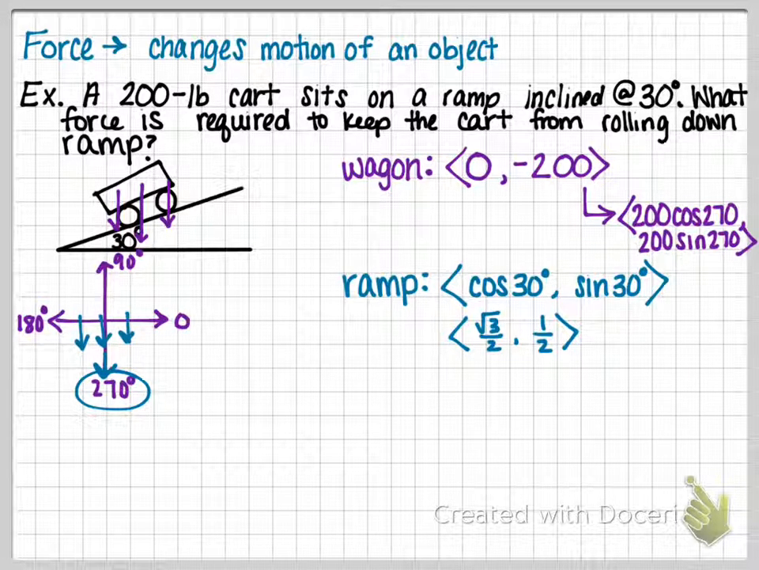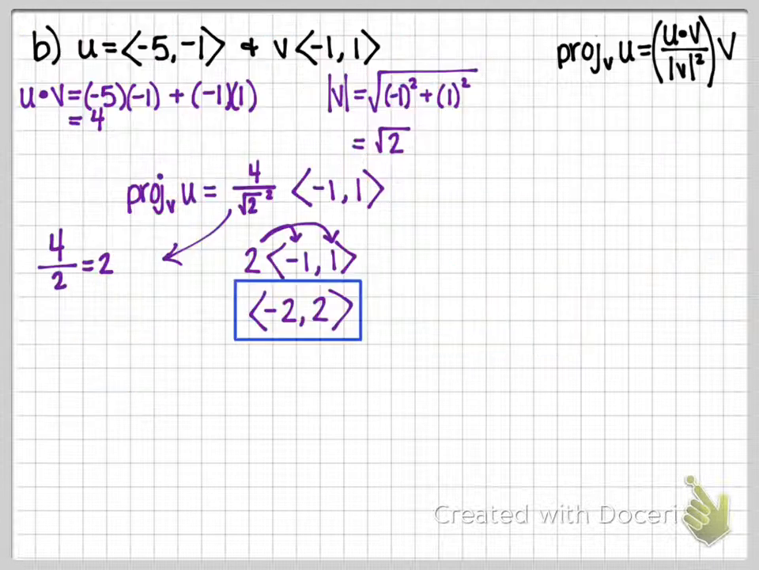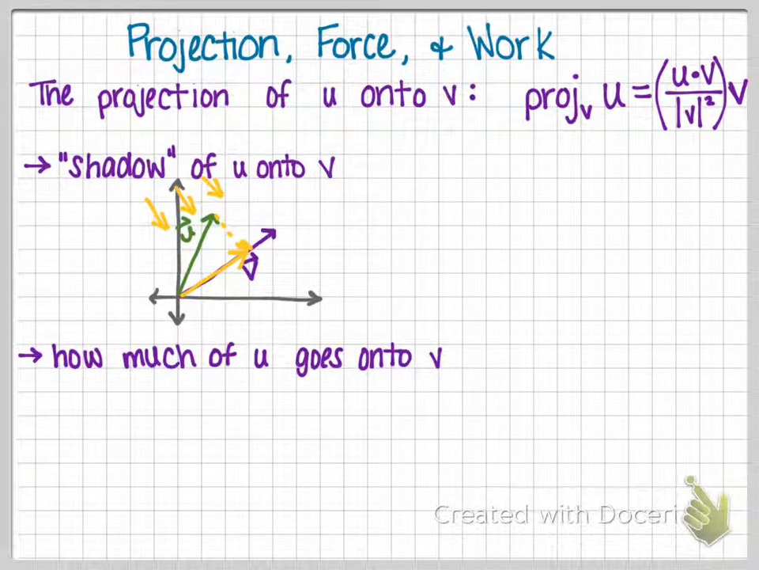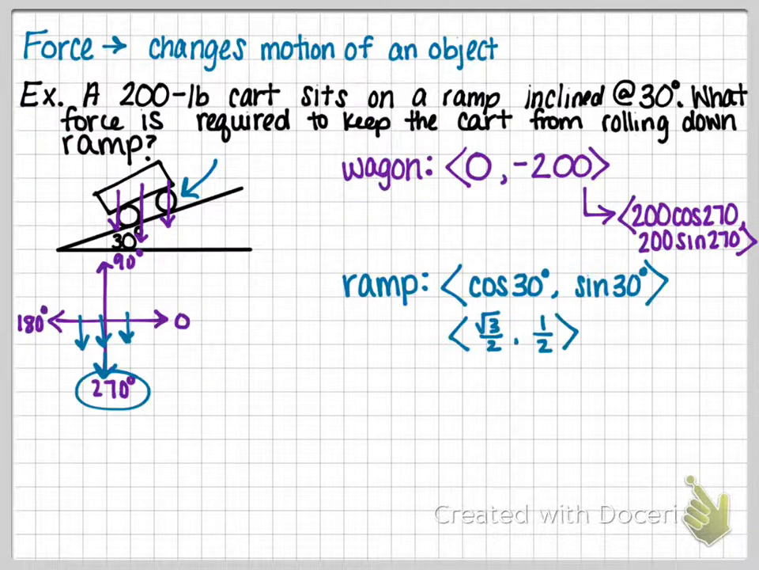So remember how we were talking about these lines pulling the cart down to the earth. It's kind of like how we were looking a second ago, those beams of light making that shadow of U onto V, right? Well, this time it's that gravity that's pulling that cart onto my ramp. So I'm going to want to project my cart onto the ramp. So I need the projection